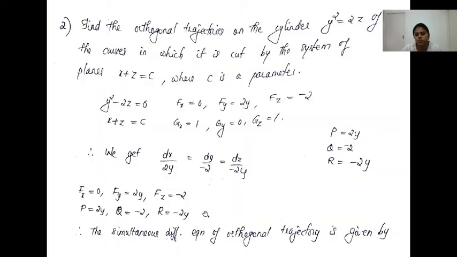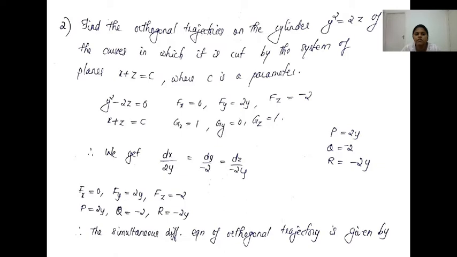Hello dear students. So we will continue the topic of orthogonal trajectories. So in today's class we will see a few problems from the topic. So the first question here you have is, find the orthogonal trajectories on the cylinder y square equal to 2z